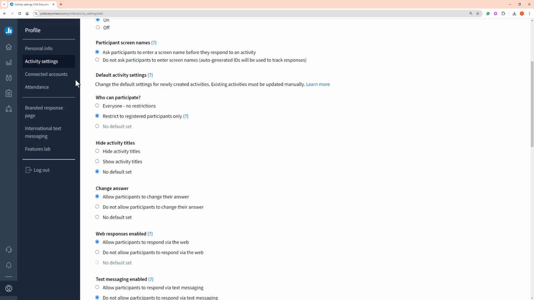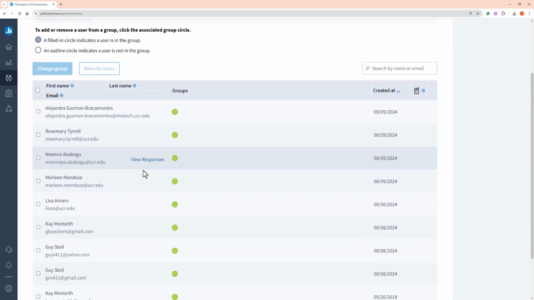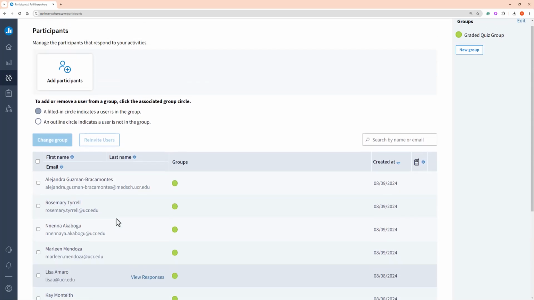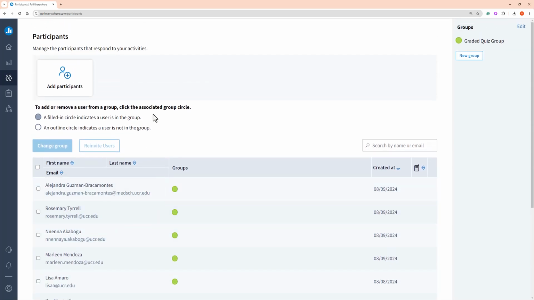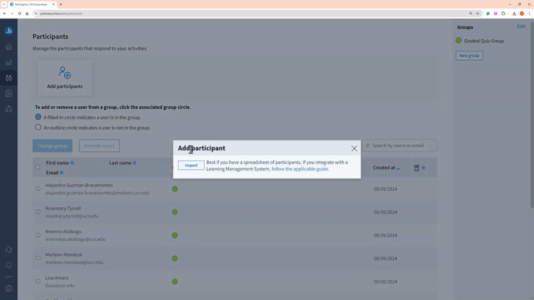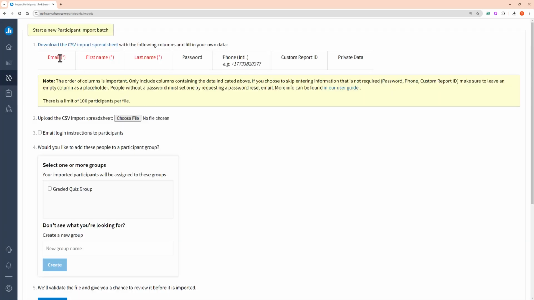Once you've done that, we're going to want to start importing some participants. So come over here to the Participants tab and click on that. This page comes up, and you can see that I've already added participants in my account. But if you want to do it, you can click up here on Add Participants, select Import. And the first thing you see here,